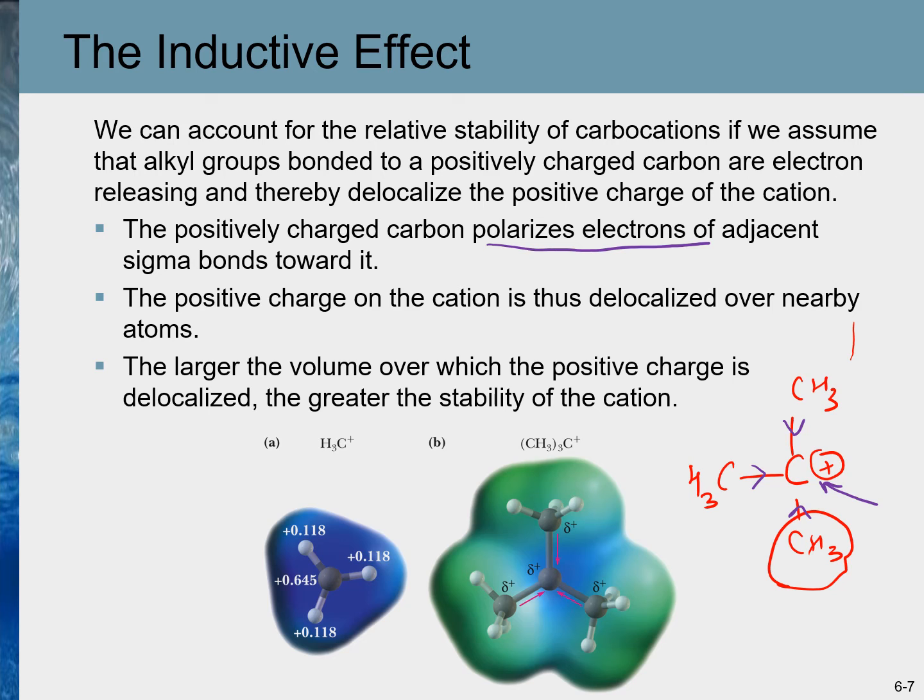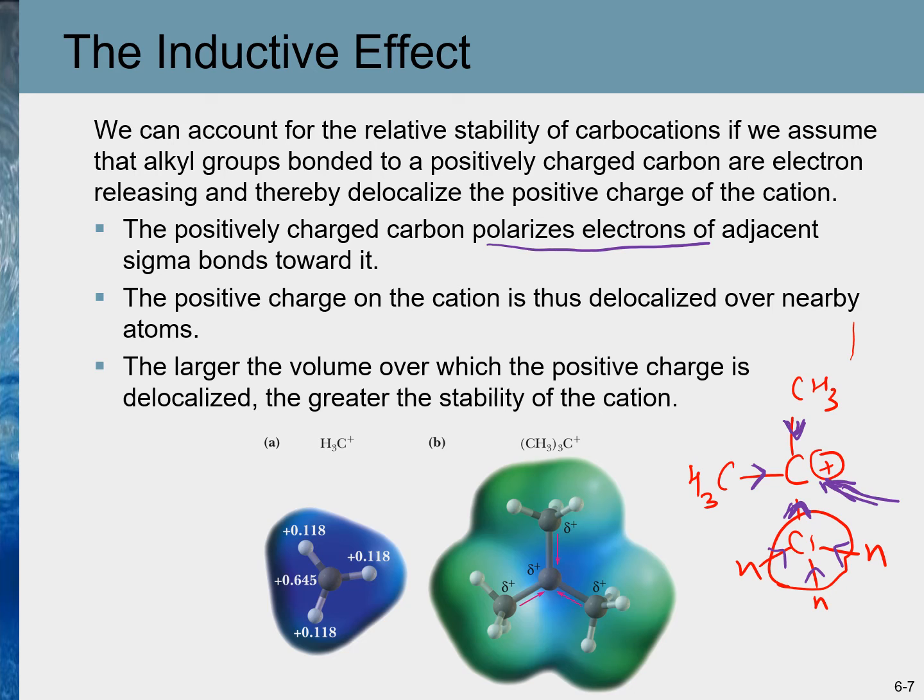So this positive charge attracts the electrons in these sigma bonds. Now these carbon atoms are further connected to hydrogen atoms, so overall all of this electron density will be delocalized towards the positive charge of the carbocation,